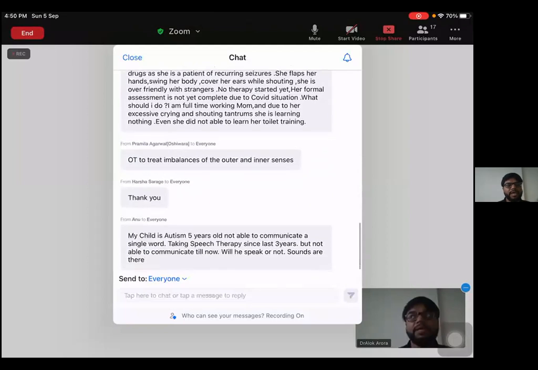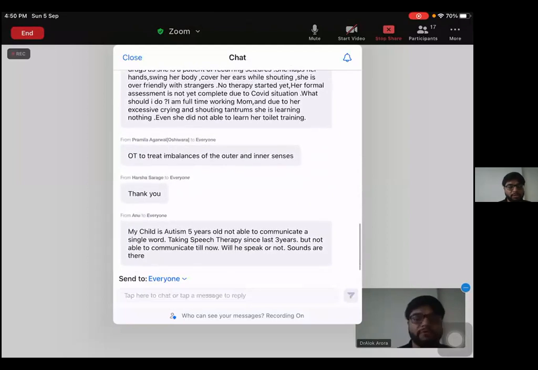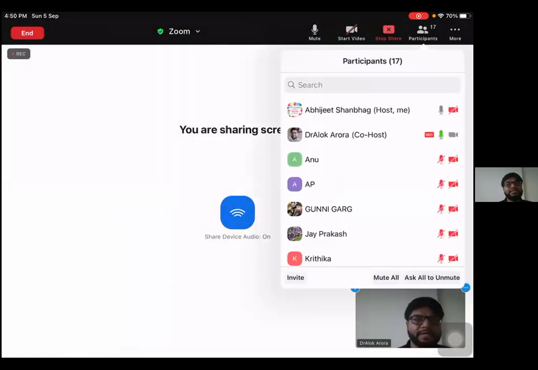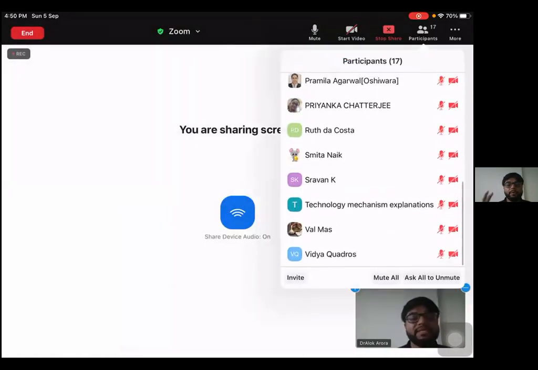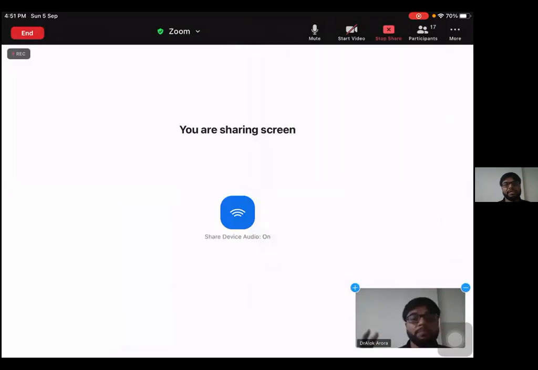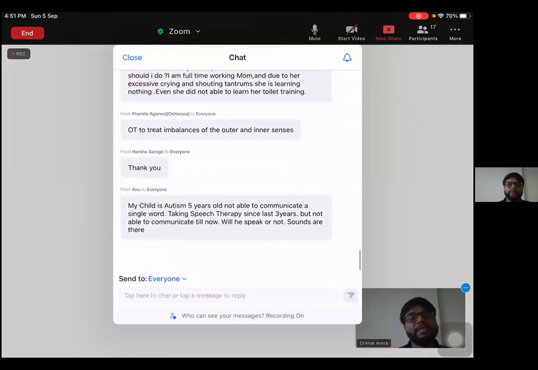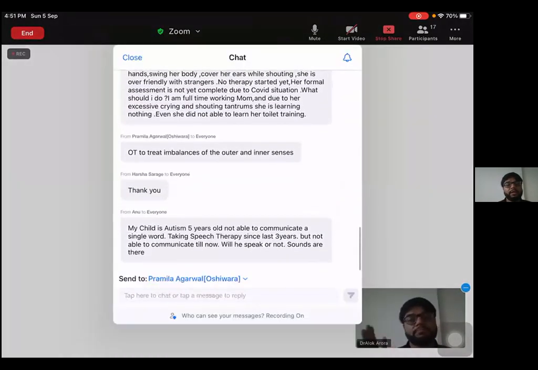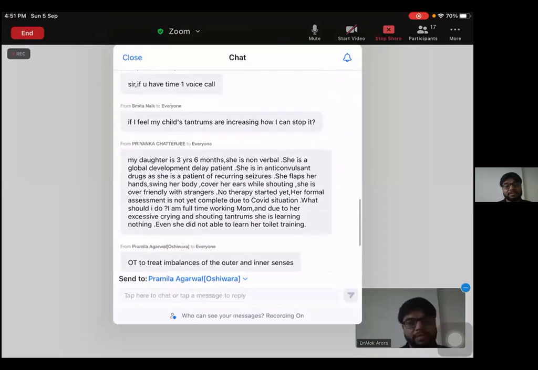So we as therapists, and the doctors, developmental pediatricians, need to assess every child on the patterns of his behavior, on the patterns of his issues, what he is facing. And on that basis, we design the therapies. These are very standardized tests, and even if two people are doing the same test, the results may vary. So individual observation is more important than any kind of testing. That's my personal belief.